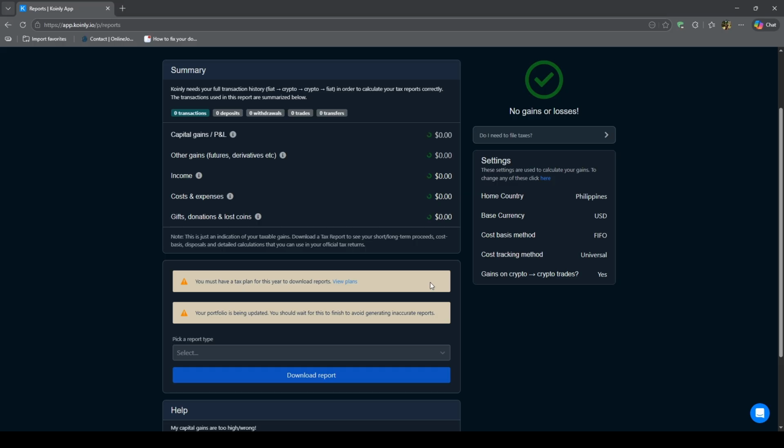Once the import is complete, review the capital gains and any crypto income, then finish the rest of your US tax return in